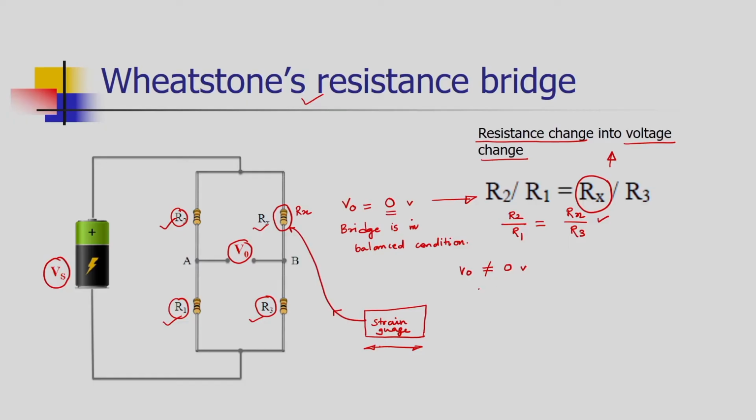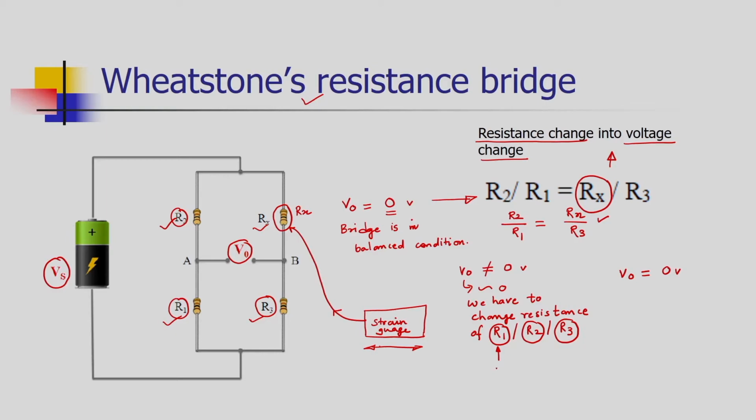So, to make it 0, we have to change the resistance of one of the other resistors, which are R1, R2 or R3. We can choose any resistor here. Let us consider that we have chosen R1, and ask how much change in R1 is needed so that we can achieve our condition that the output voltage is 0 volts.